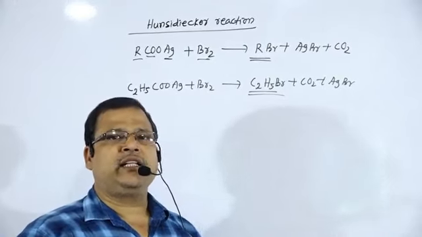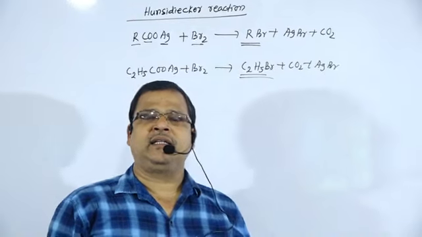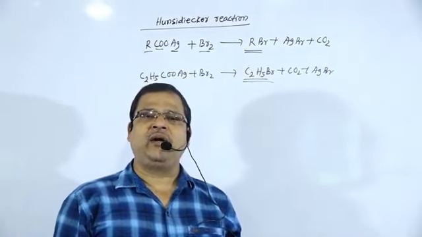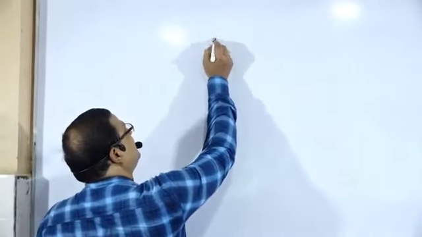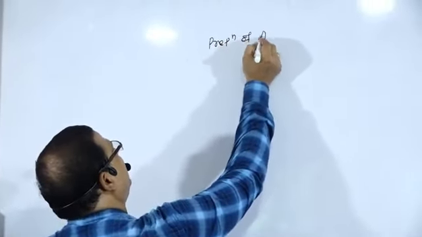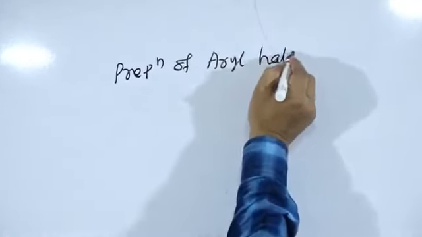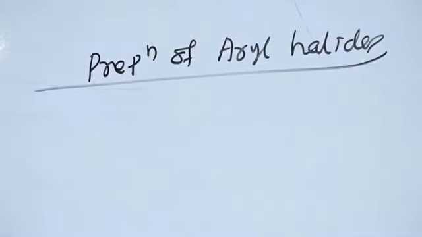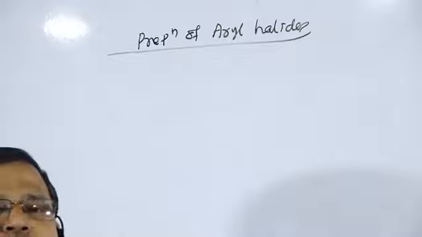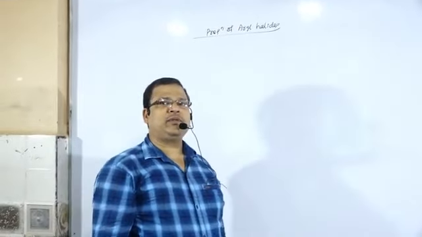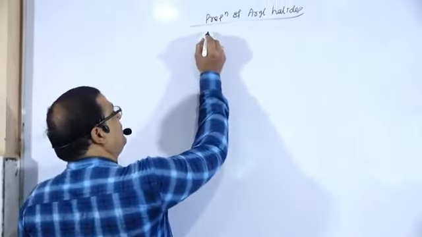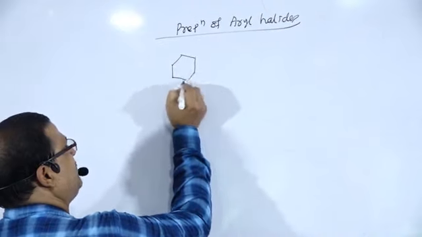Next we will discuss the methods of preparation of aryl halides, namely chlorobenzene, bromobenzene, iodobenzene, fluorobenzene, etc. For these we will proceed from BDC. BDC, benzene diazonium chloride, is one of the important methods for the preparation of aryl halides. BDC is produced by taking aniline.